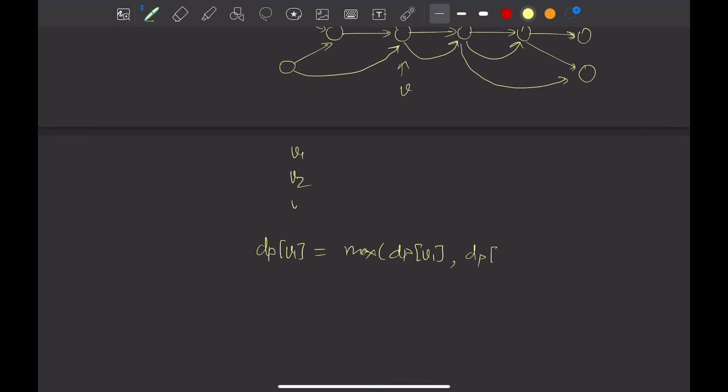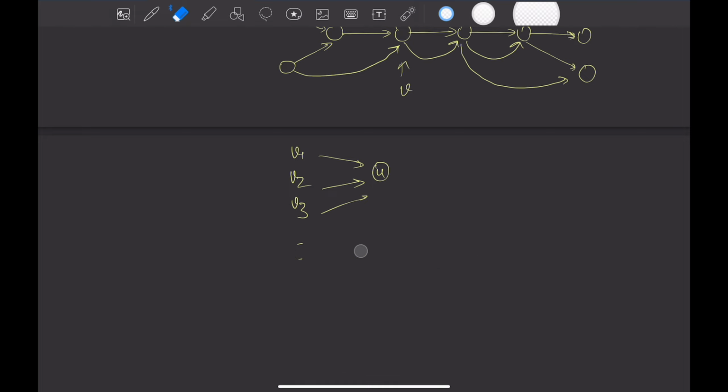If these three nodes v1, v2, v3 are coming to node u, then we can write